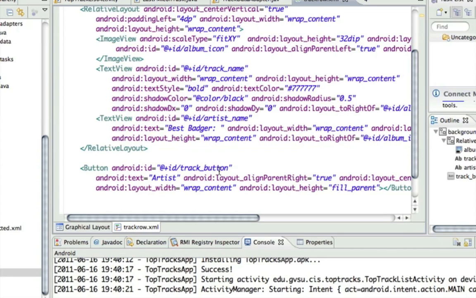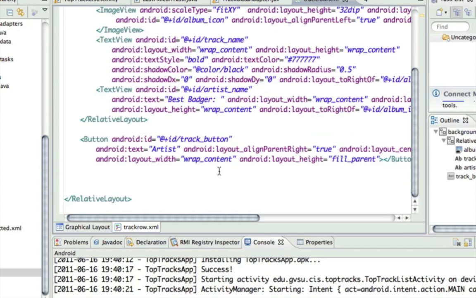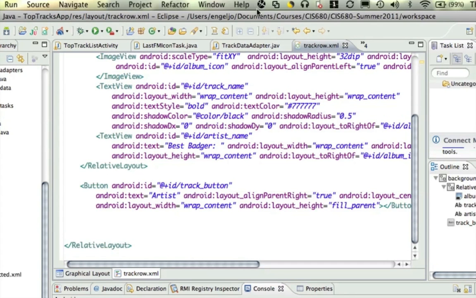That's the one that when I push it, it's going to go off and retrieve the data from the LastFM website. So this is simply a layout, just like any layout. And so we can take the layout inflater and say inflate this layout, and now we've got a reference to a view object that is the container of this configuration right here. So going back to the code,